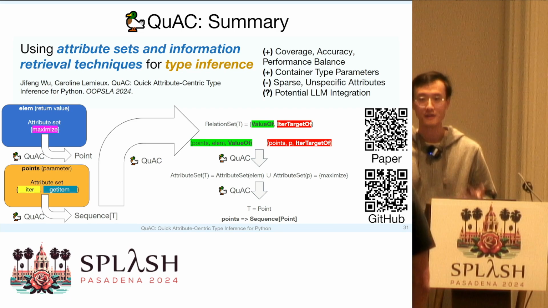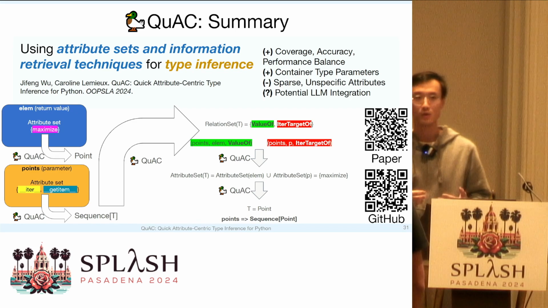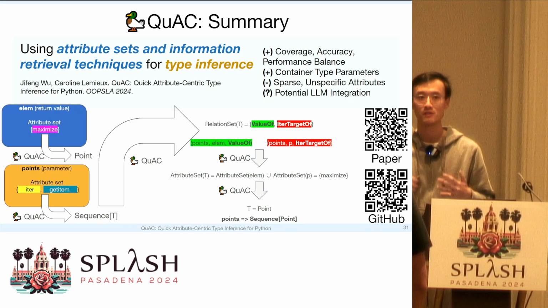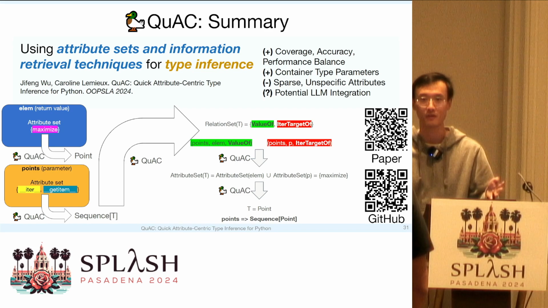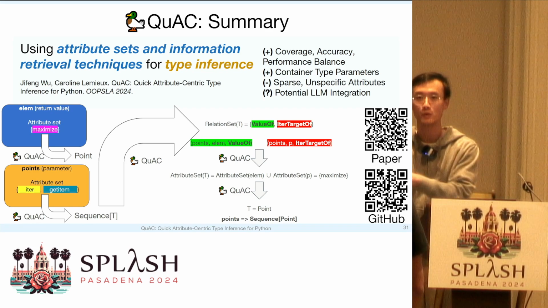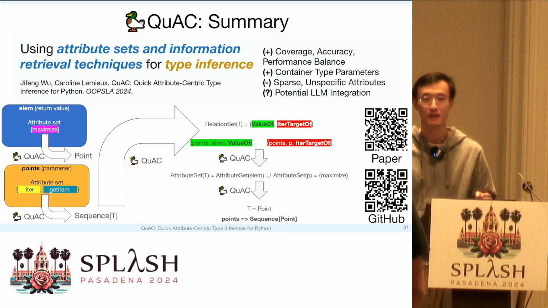Yes, so what you mentioned is actually a future research direction that I'm considering. One of the future research directions that I mentioned is adding QuaC onto an LLM. Another research direction is adding the framework of QuaC onto something like MyPy, which supports the type narrowing, the branch-sensitive type prediction that you've discussed. So it's definitely a future research direction that I'm considering.